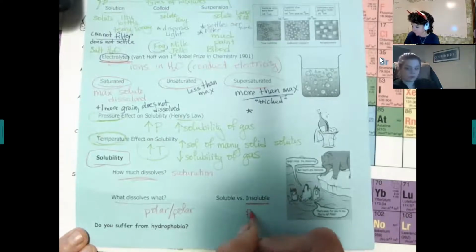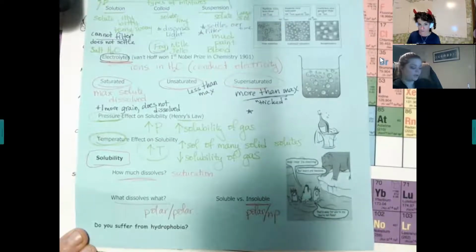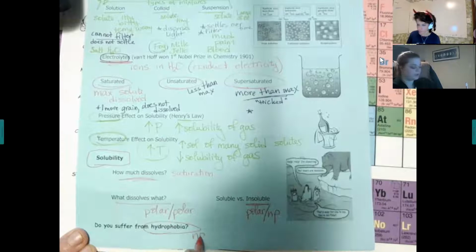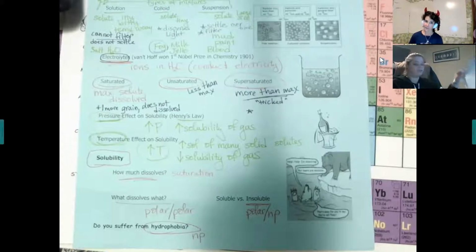Insoluble would be polar and non-polar. So that's why our polar bear is there. And so that's hydrophobic, is things that are non-polar. And we actually already talked about that when we did all the IMF stuff with H bonding. So you'll probably see a question again. For those of you who can take Chem 105 and Chem 106, this becomes one of our big things that we talk about, because